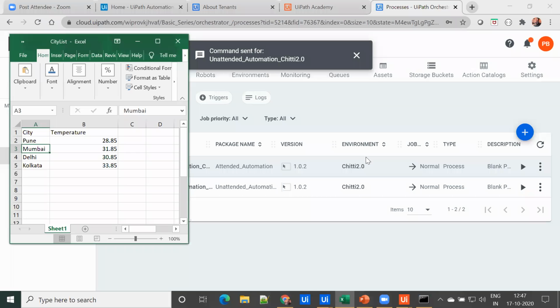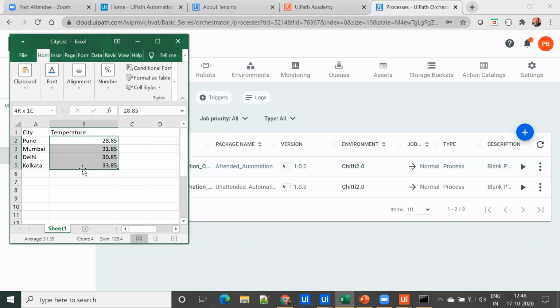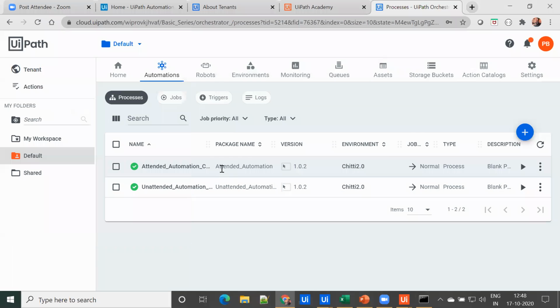You can see that we got the temperature value for all the cities, right? So this is how we can run attended and unattended automation, how we can create them in UiPath Studio, publish to the orchestrator, and run from the orchestrator.